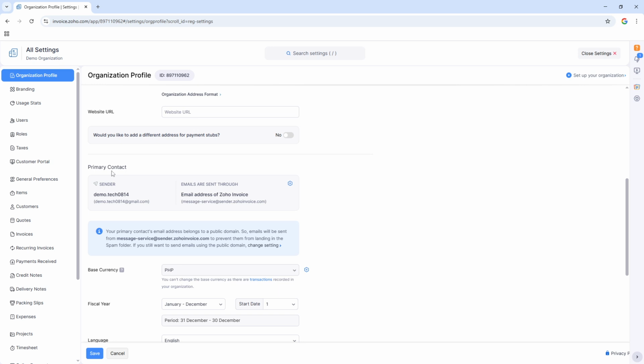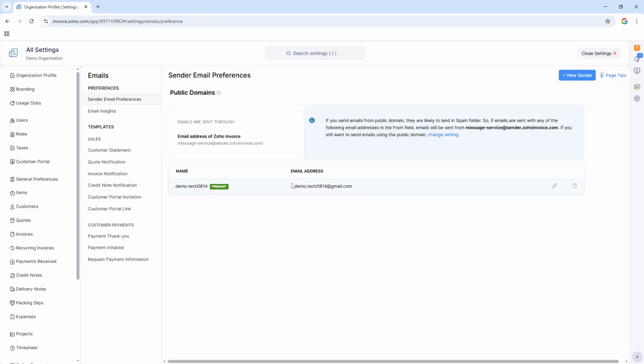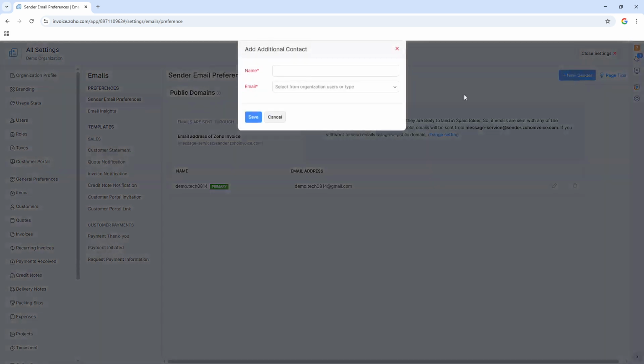Next to Primary Contact, you will see a gear icon. Go ahead and click on that gear icon. It will open up a menu where you'll find the option to add a new sender email. Now, click on Plus New Sender. This is the starting point for entering the new email address that you want to use for sending out your